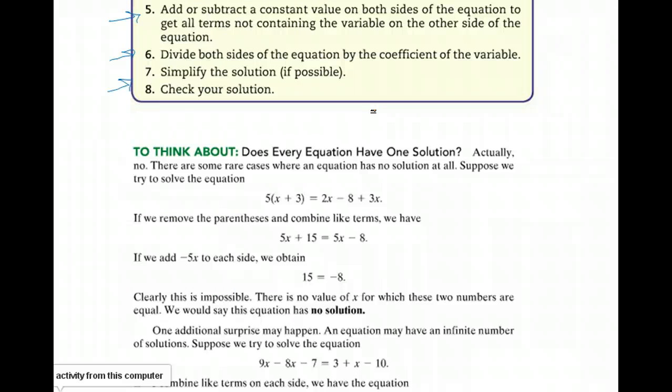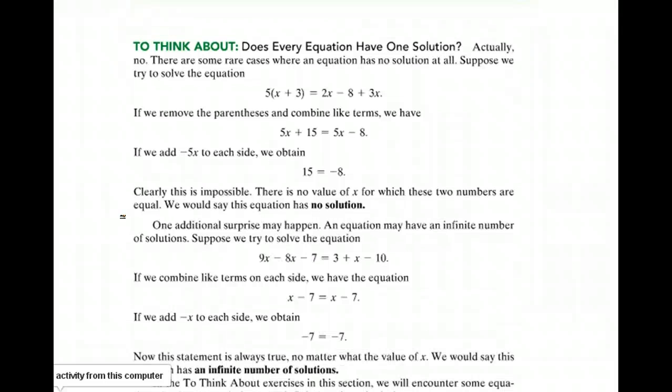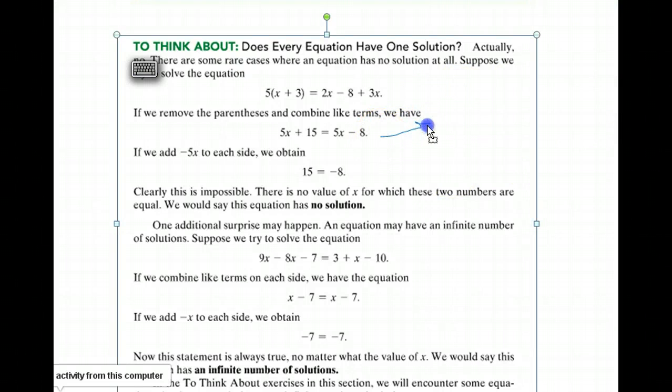And then this last little thing here is just a little to think about section. It says, does every equation have one solution? And the answer here is no. And this little section is actually very important because sometimes as you're solving equations, you are going to come across a situation where your variables cancel out. For example, let me rewrite this little problem over here. We have 5x plus 15